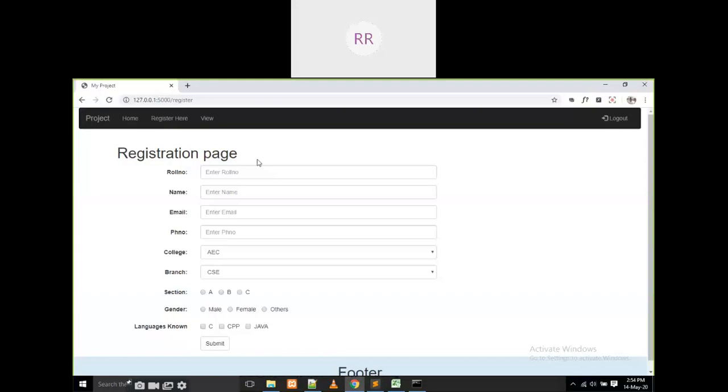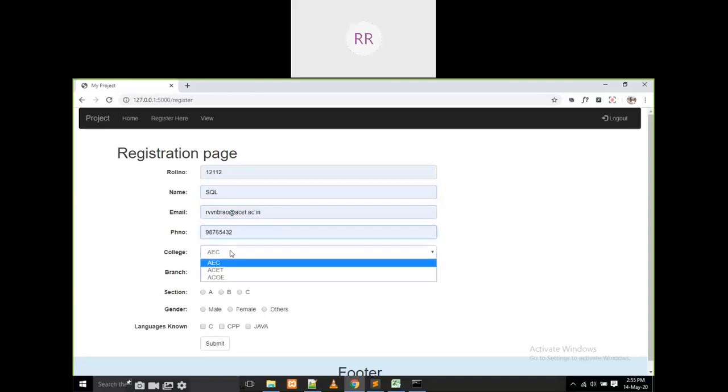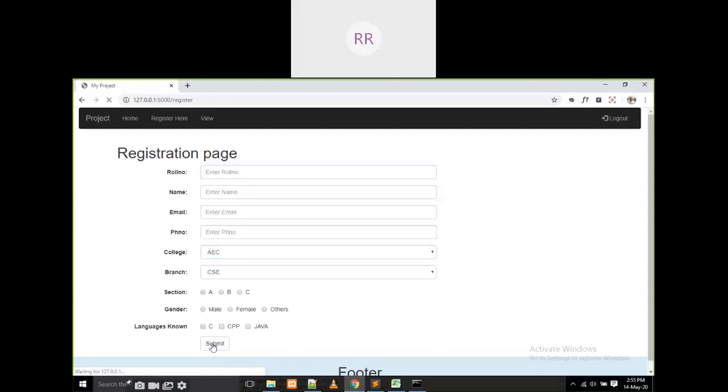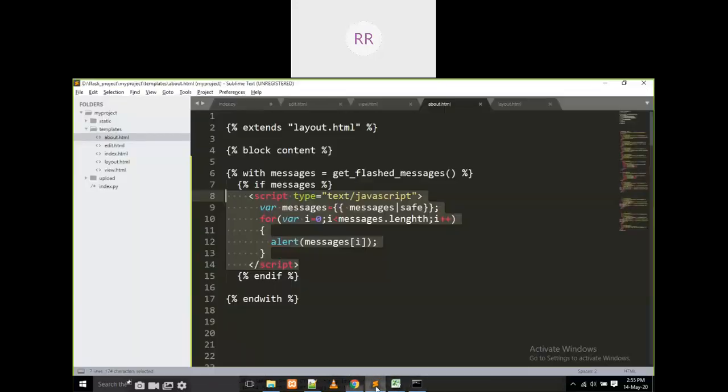For example, first of all we are calling this register.html page. Are there any flashes? No. If we give some data here, I am giving the data like this, and if I click on submit, it is not coming here. Wait, something is missing.